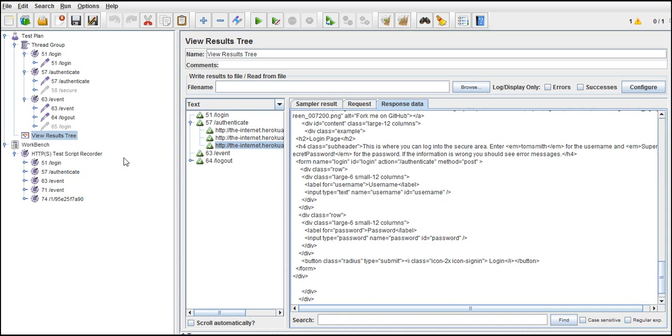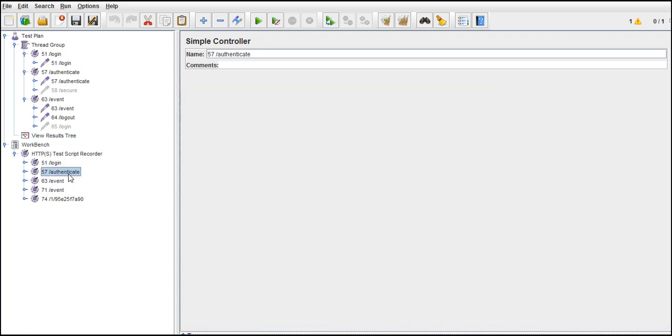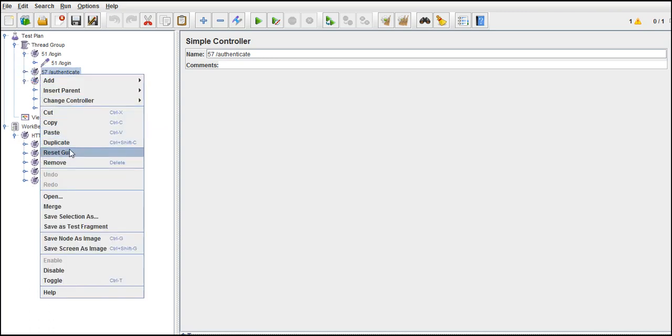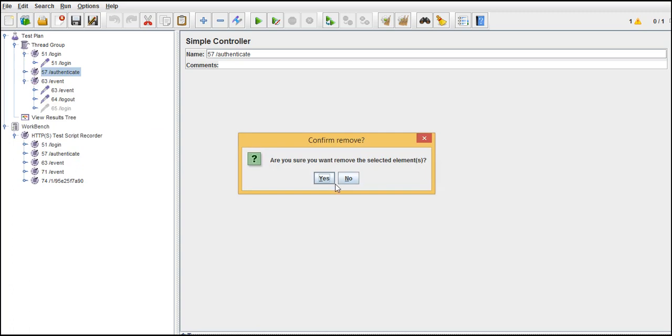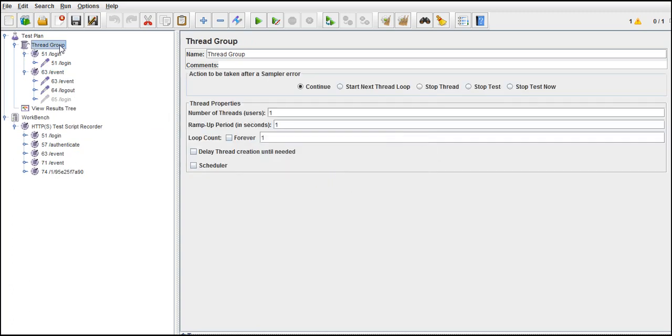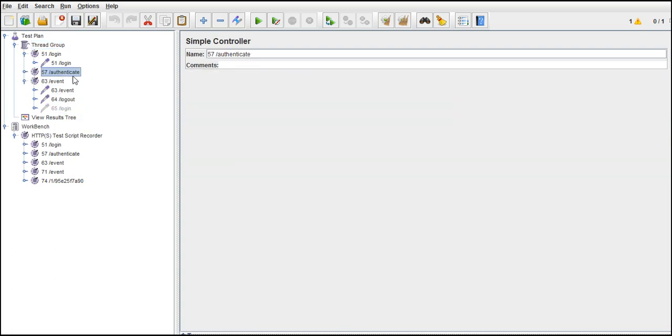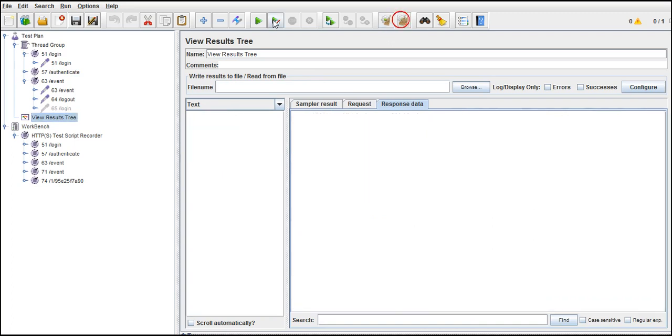I think I have deleted something which is important, so keep a copy of it. So I just guessed it. Let me delete this authenticate. So yes, let me paste it back. I'll move it up. Okay, view results tree, delete all, and now run.